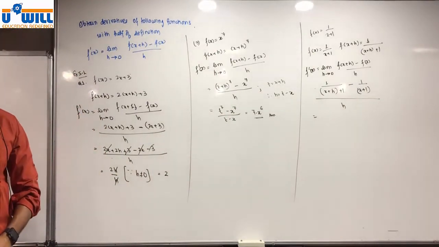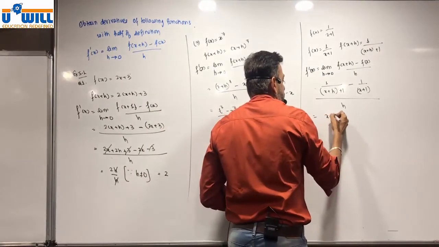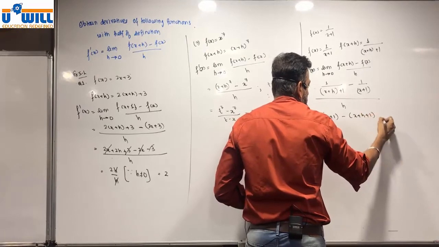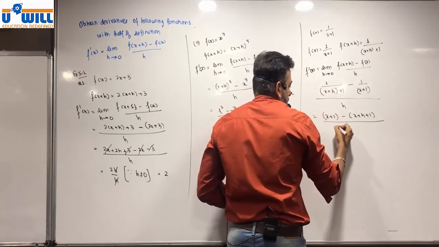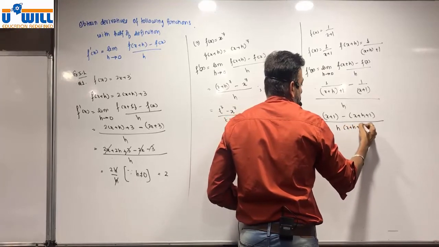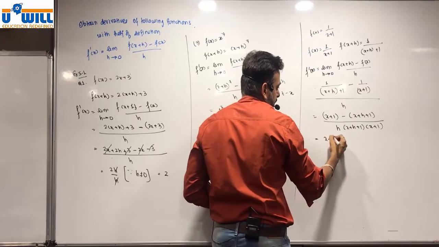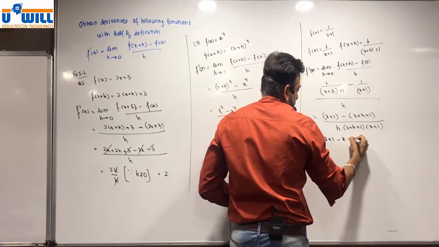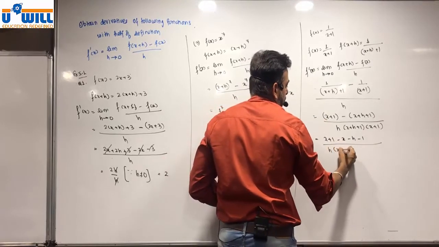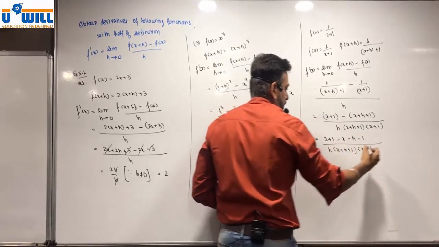क्रॉस मल्टीप्लाई करेंगे और ब्रैकेट्स ओपन कर देंगे. (x plus 1 minus (x plus h plus 1)) upon h into (x plus h plus 1) into (x plus 1), which is equal to (x plus 1 minus x minus h minus 1) upon h (x plus h plus 1)(x plus 1), which is equal to